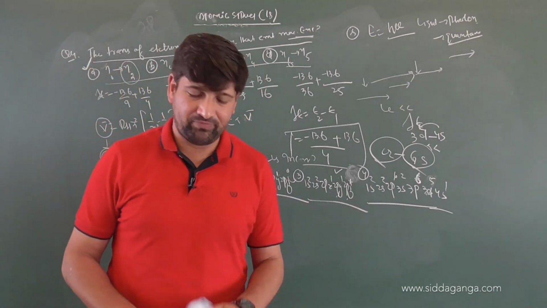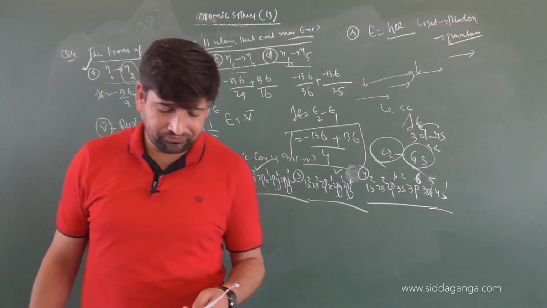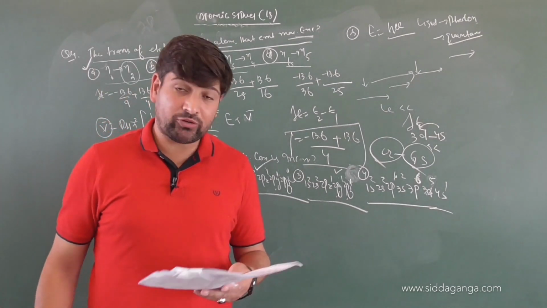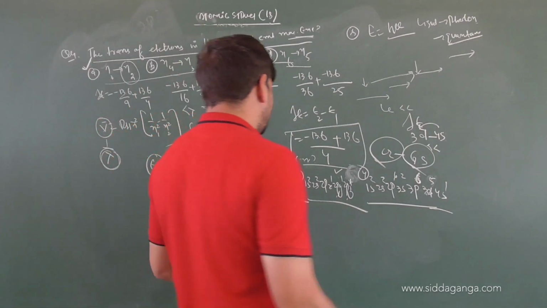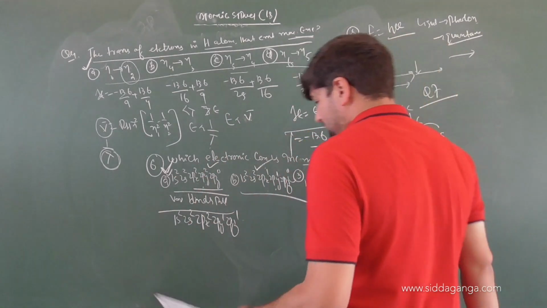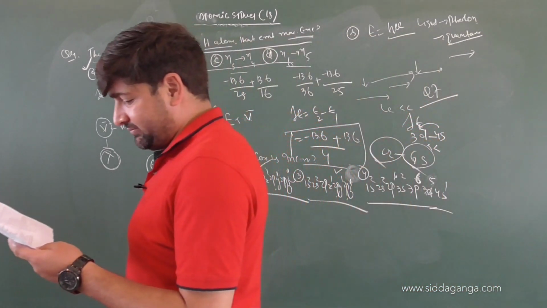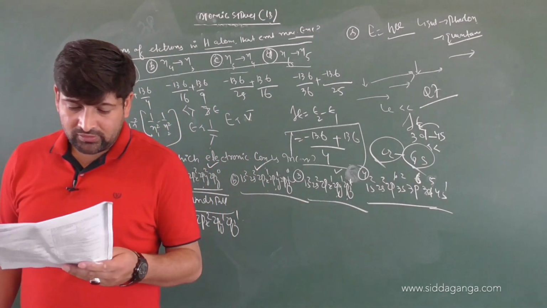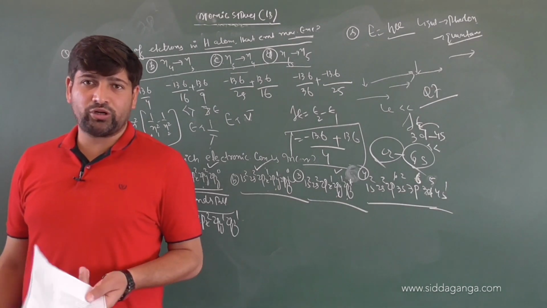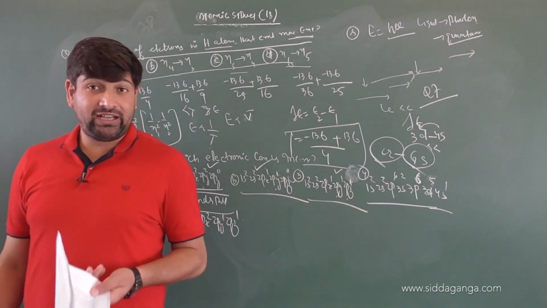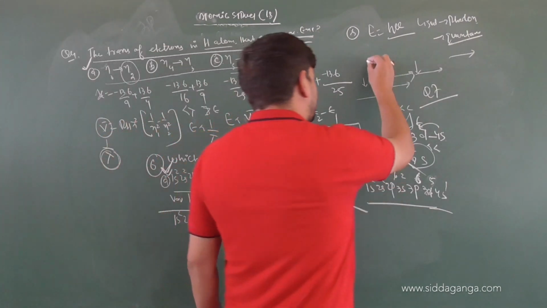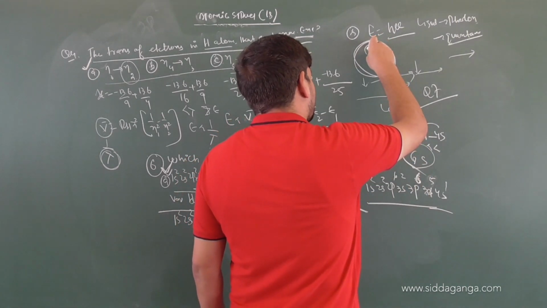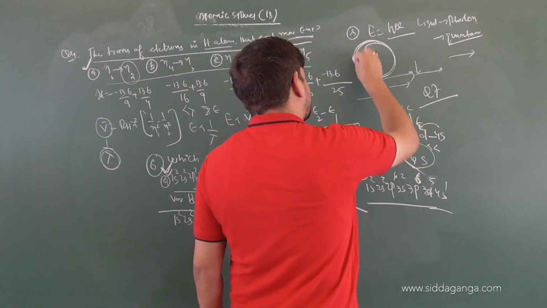Am I clear with the thought here? Very good. So next question. Direct question only. So this is question number 7. Bohr's model of atom is not in agreement with, very simple, Bohr's model of an atom is not in agreement with what? Bohr's model tells you there are precise paths in which electrons are rotating, but Heisenberg's uncertainty principle, as we learnt, does not allow a fixed trajectory for an electron.